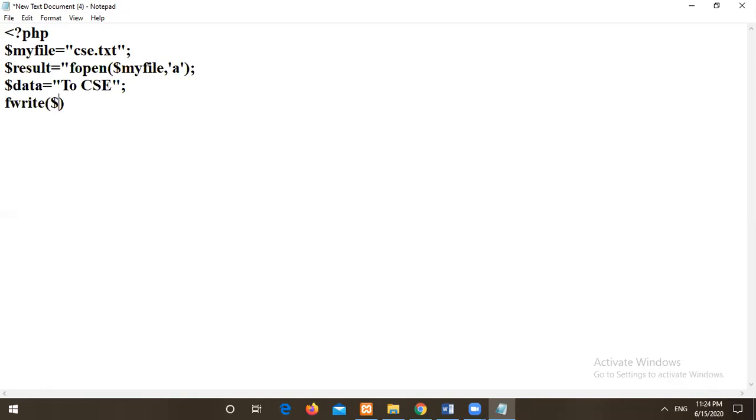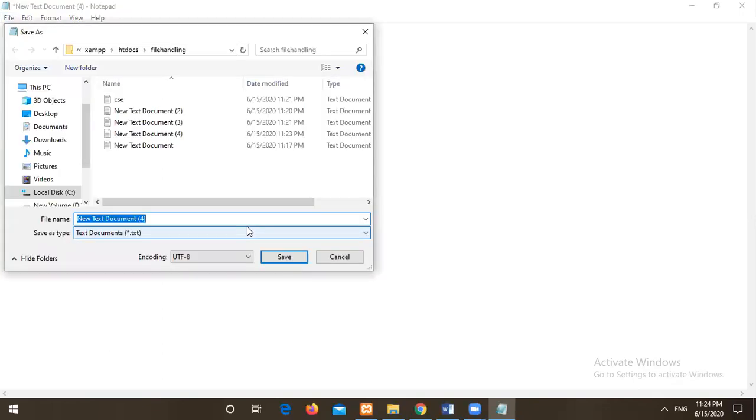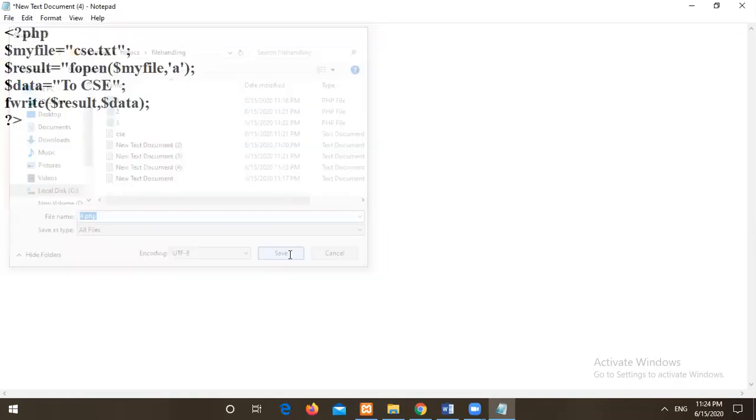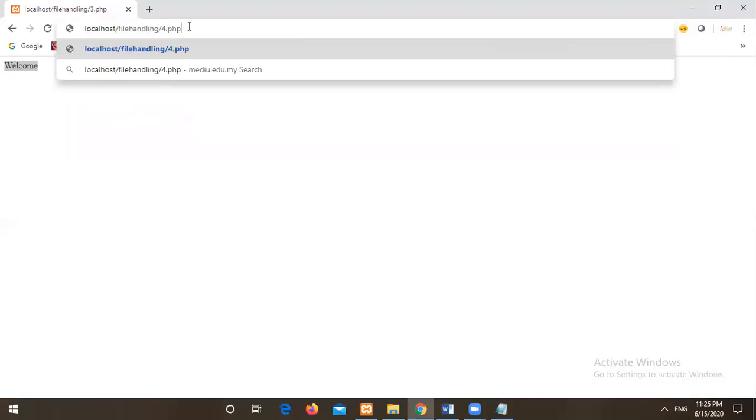Then I will write result comma data. That's it. I will close this program. I will save the program with the name 4.php. Right, and I will go to browser here. Here I will just change the program name to 4.php.